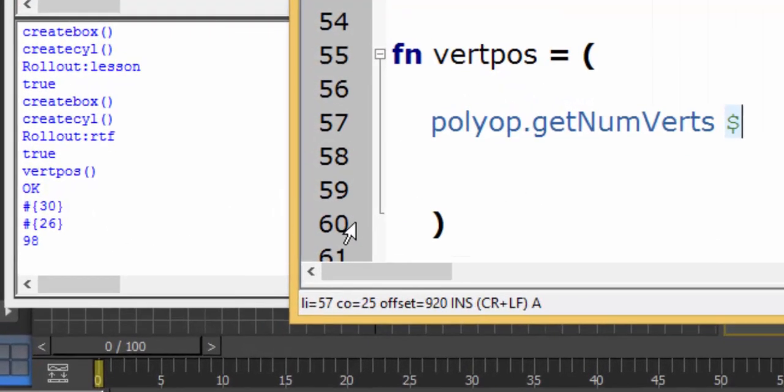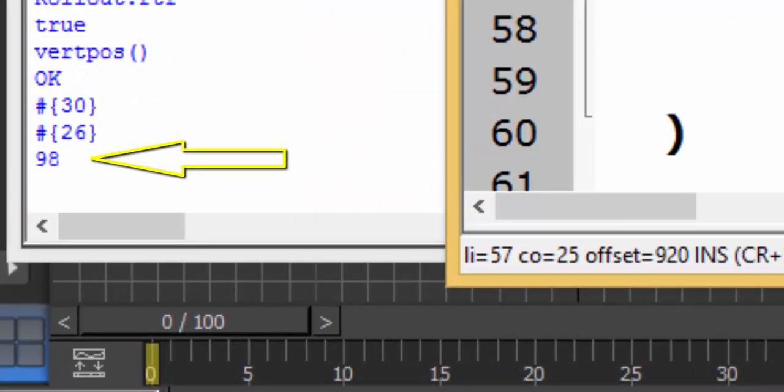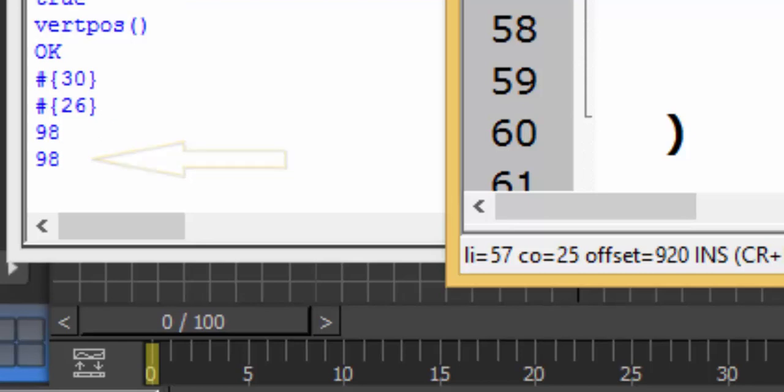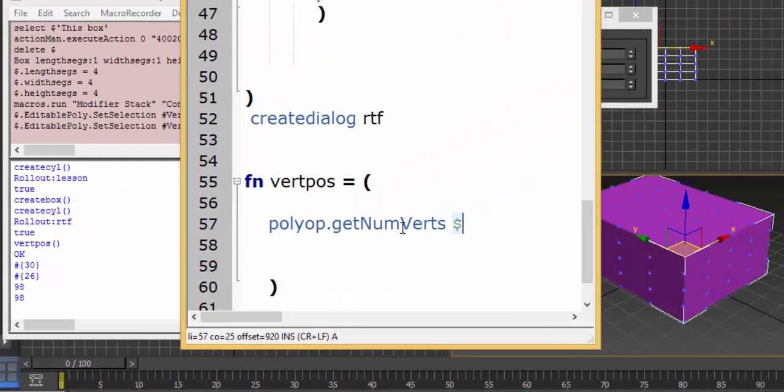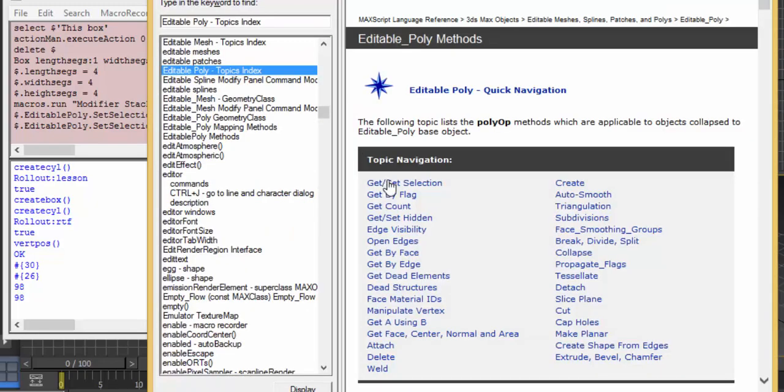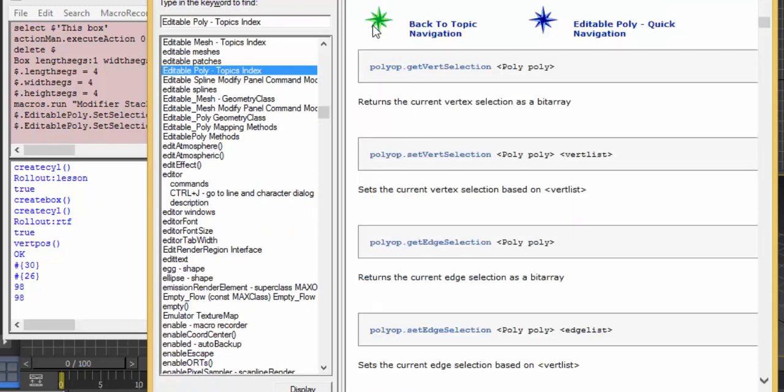Of course, it will return the number of vertices from the selected object. For example, if I press enter, those are the number of vertices. Okay, so they are different operations for different items. So let me undo to getting the selection. So we've been able to get